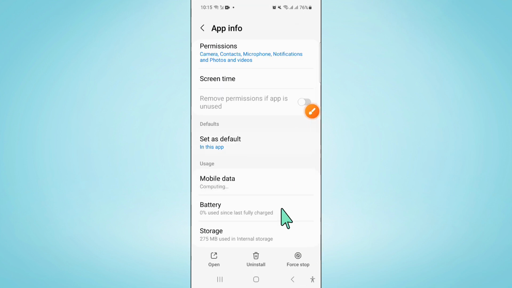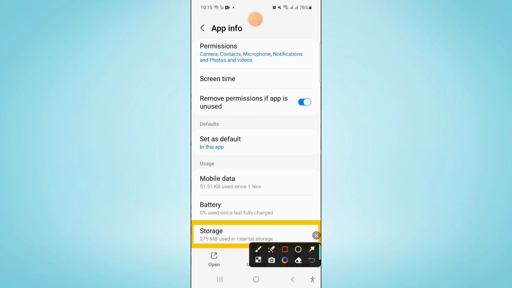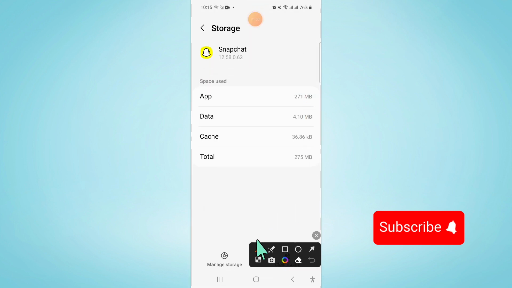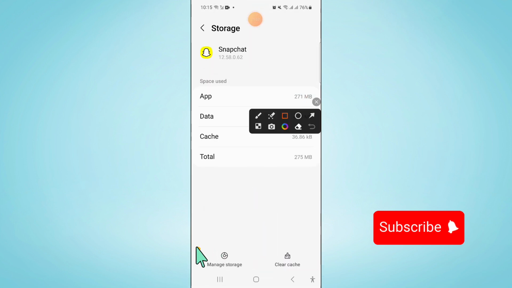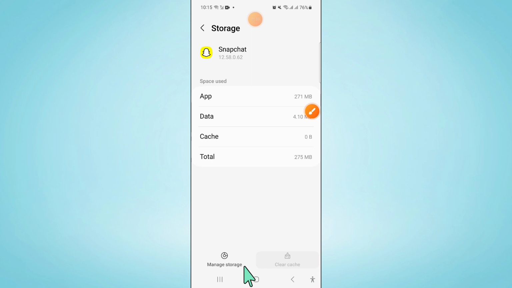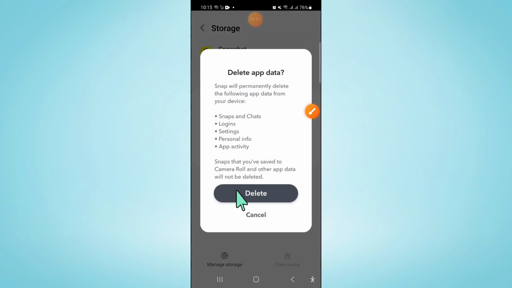Now in Snapchat scroll down and click on storage and then in storage clear the app data and cache memory of Snapchat. Now click on delete to confirm